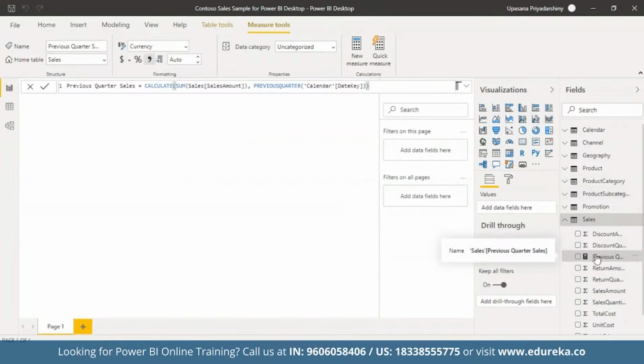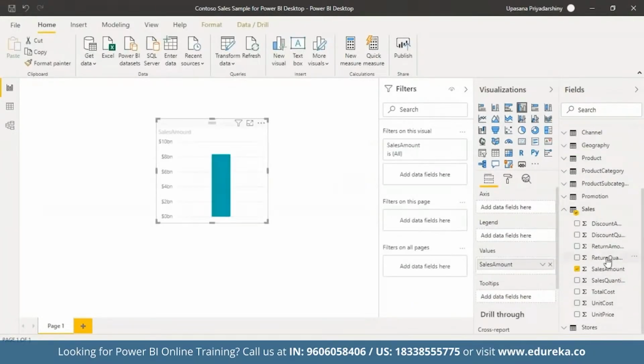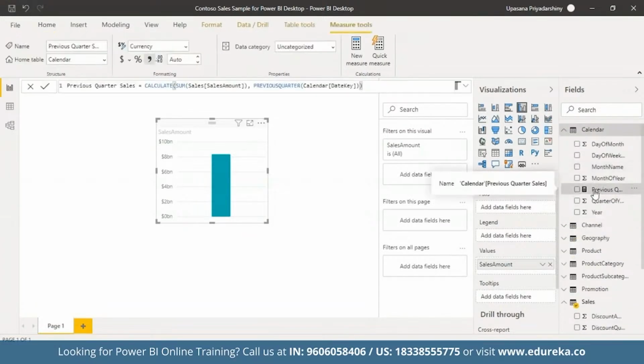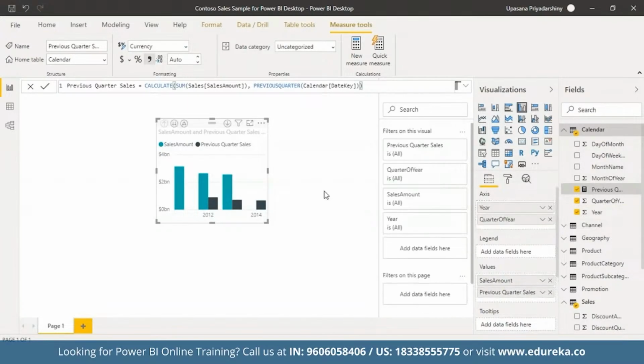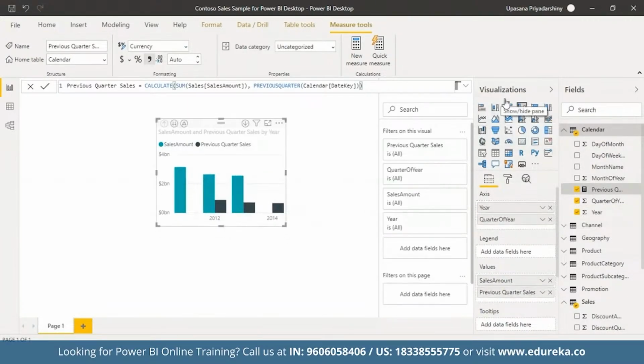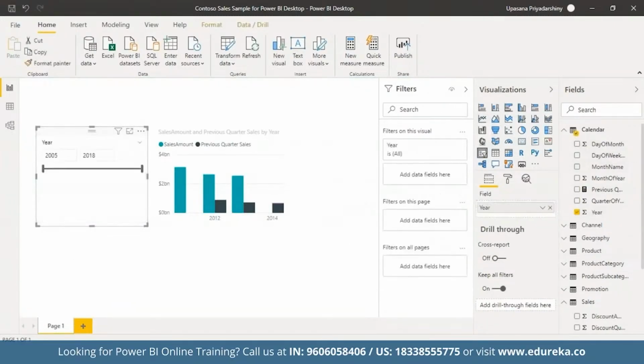Okay? So congratulations, you did it and created a complex measure by using DAX. And this is not one of the easy ones, because it has nesting and so many advanced functions. But what will this formula do? It's going to calculate the total sales for the previous quarter depending on filters applied in your current report. So for example, if we put sales amount and then previous quarter,